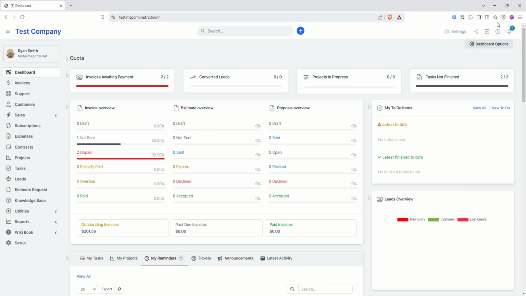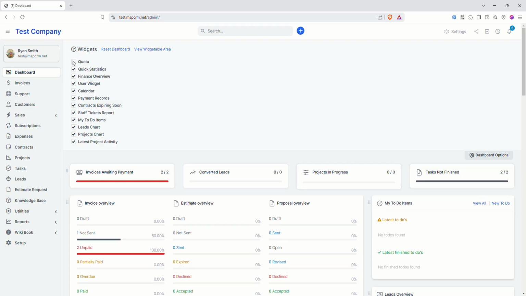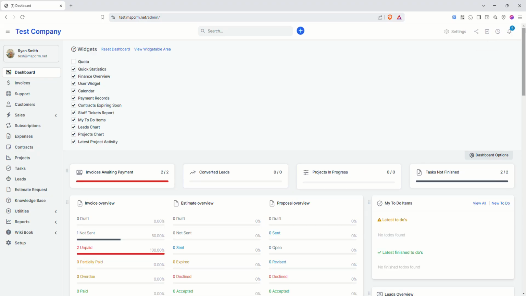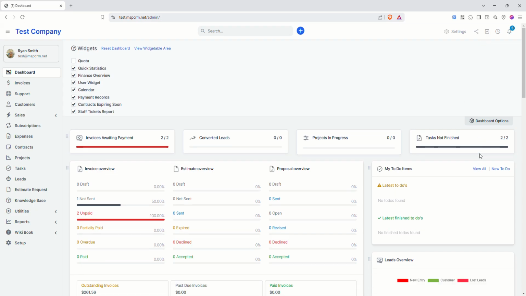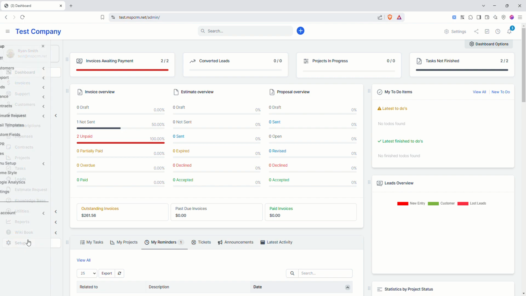And you can click dashboard options, and you can remove things as you want, and you can move them around, etc. You can reset it if you mess it up. So first thing you want to do is you want to go to your setup,